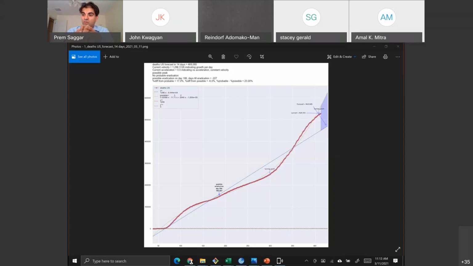Last count I saw was 30 million have been vaccinated. It may be up to 50 million, depending on how you count, whether everybody once or everybody twice. I think everybody who got it once is 50 million, and everybody who got it twice is around 25 million. So let's say 50 million people have been vaccinated. There's 350 million people in the U.S., so roughly 15% have got it.